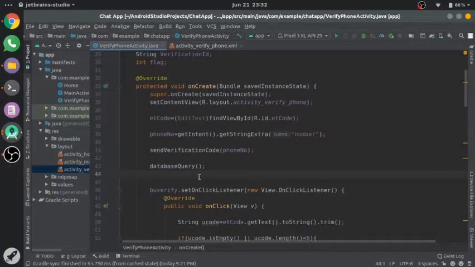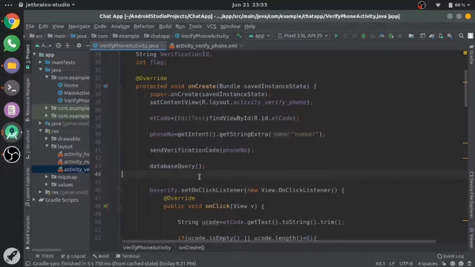If the number is already present, then the user will be directed to the home page, and if the number is new, then the user will be directed to the sign up page. Okay, every time the user will follow this step.